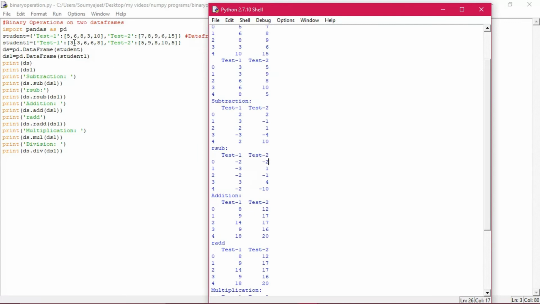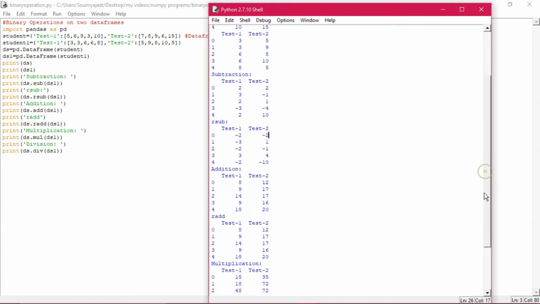So 3 minus 5, how much is it? Minus 2. 3 minus 6 is minus 3. Then 6 minus 8 is minus 2, and 6 minus 3 is 3, and then 8 minus 10 is what? Minus 2. You can understand it better here: minus 3 instead of minus 8 is plus 3. Why? Because it is 6 minus, the right side, meaning the student one is the right side we are talking about.